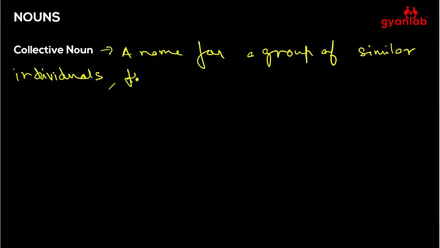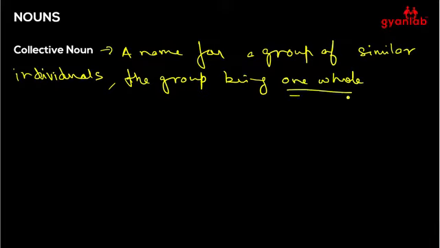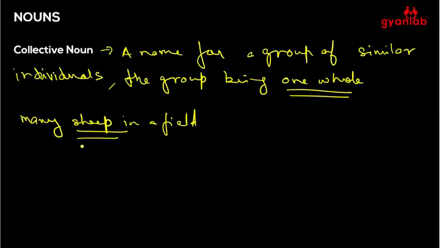The group being one complete whole, right? So that's important. To take the case, let's say there are many sheep in a field. Many sheep in a field. Now the word sheep here is basically a common noun, but if we were writing one flock of sheep,